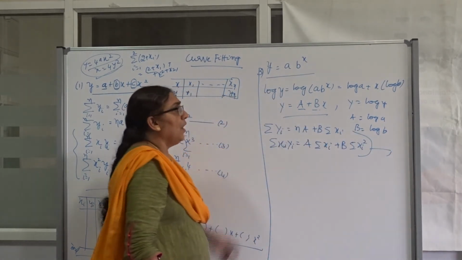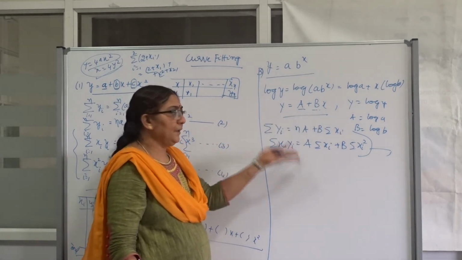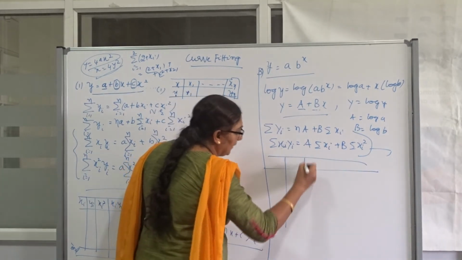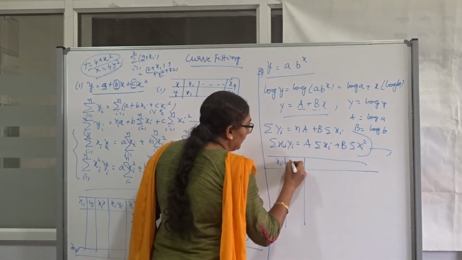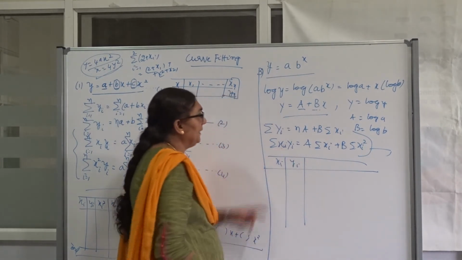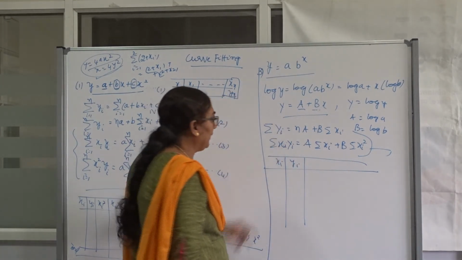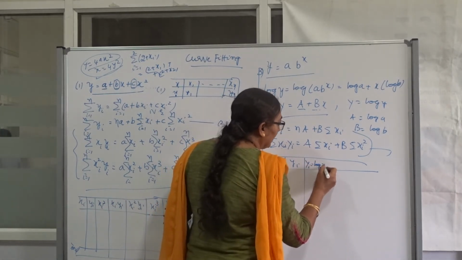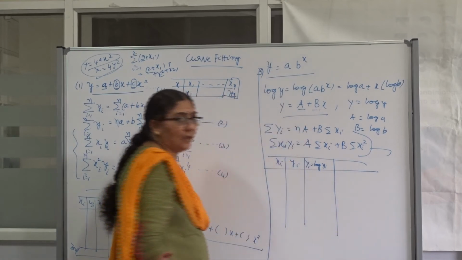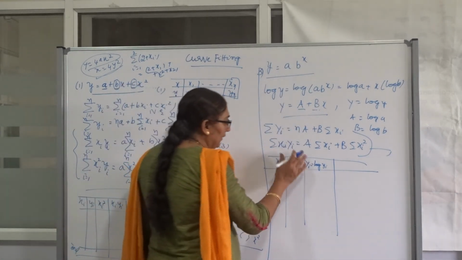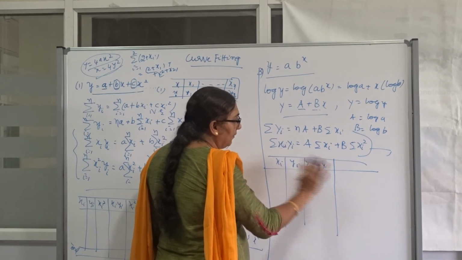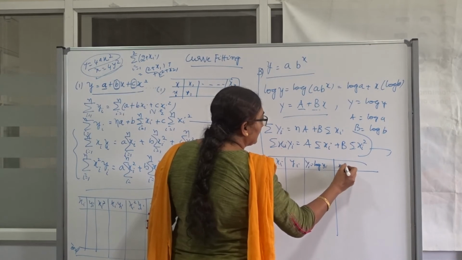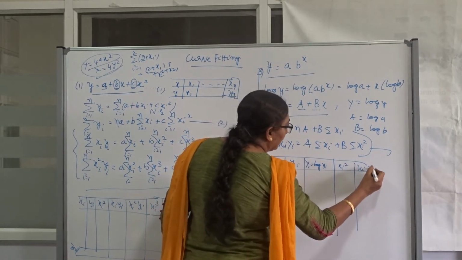Based on B we get. How many equations are expected? 2 equations. Next you consider the table. While considering the table, you have to take a little care. First 2 columns are nothing but the given data. But here I don't want small y. I require capital Y, which is equal to log yi in the next column. We are doing the calculation based on log yi. Once you get it, you neglect yi because we are not going to use this value. And next I require small xi square and also small xi times capital Y.